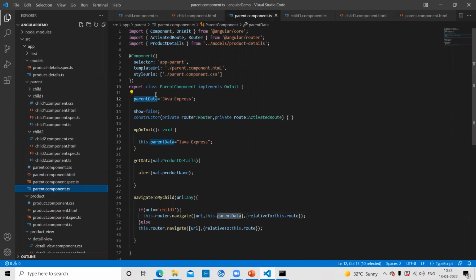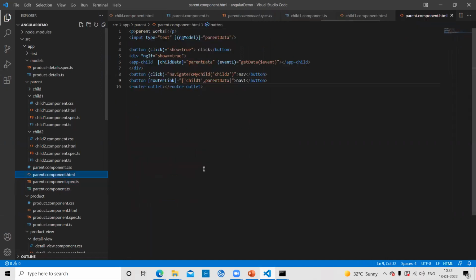You can send any data. So here you can send any object also. If you have multiple data to send, you can create one object and you can send it. Then next is,